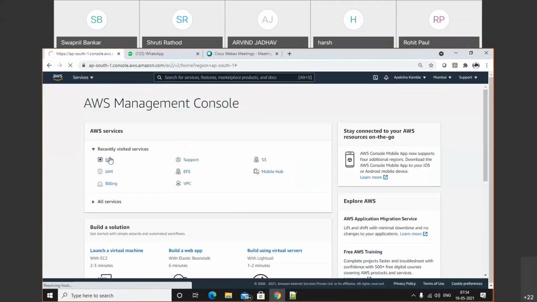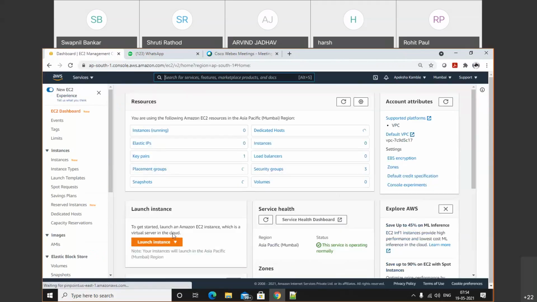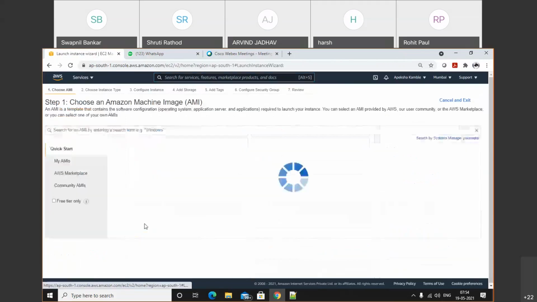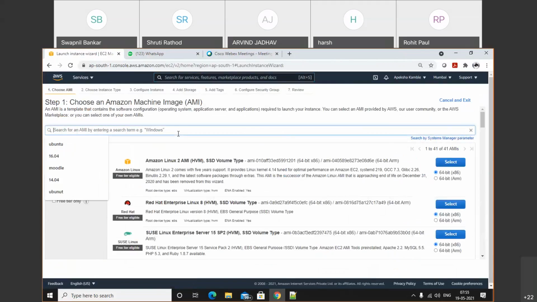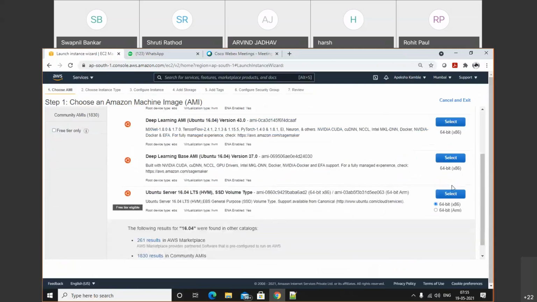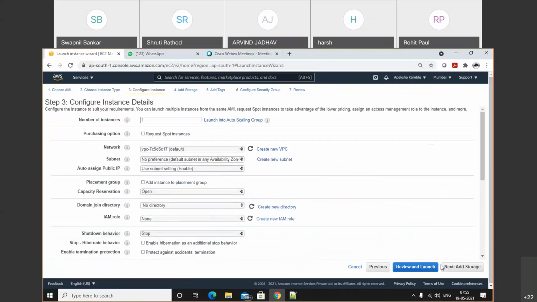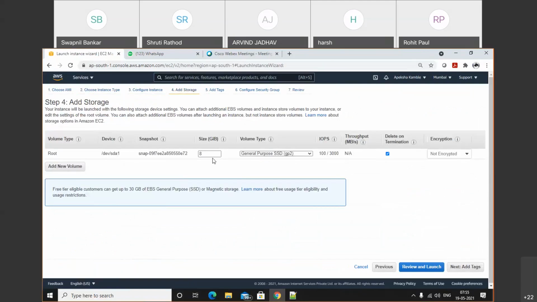Launch the EC2 instance. Click here to launch the instance. First, select 16.04. We'll select Ubuntu 16.04. Here, storage space as 30 GB.